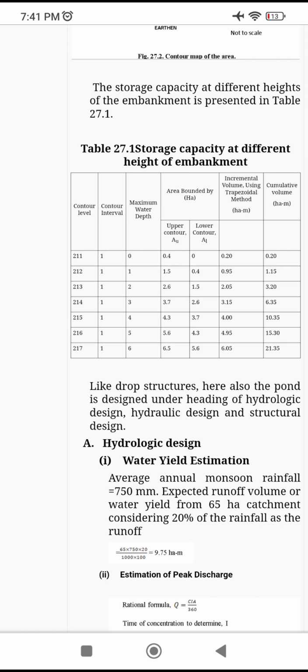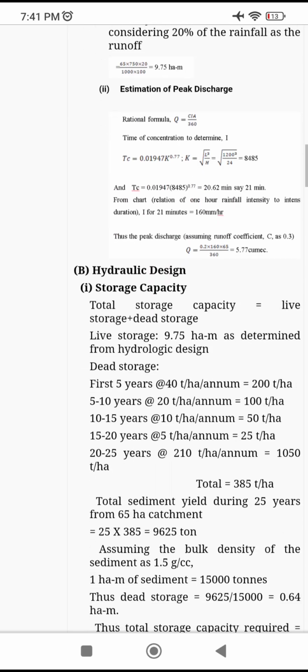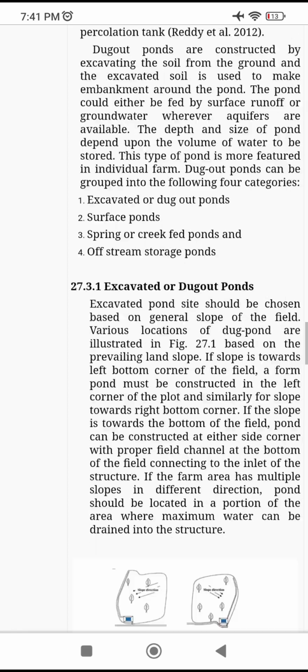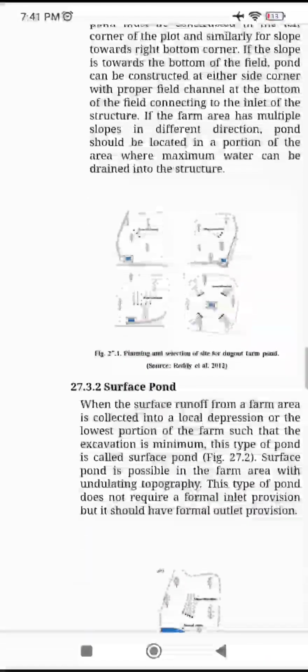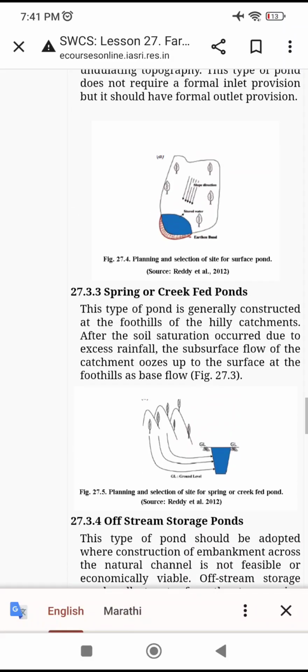So this is the formula. Then you can find hydraulic design, then height of embankment, dugout pond, surface pond, upstream ponds, spring or